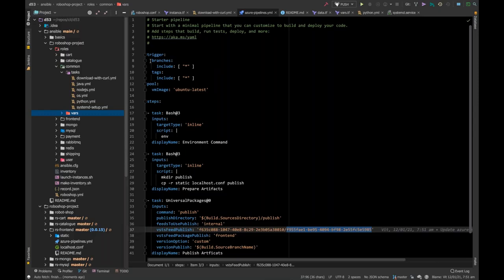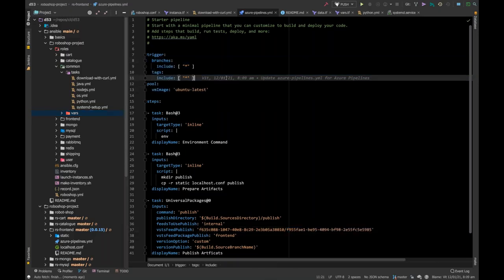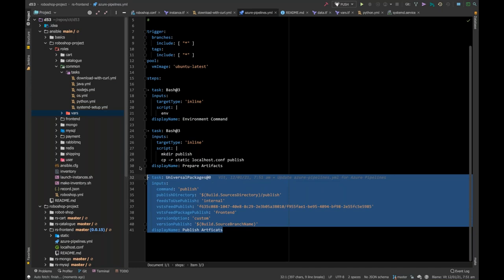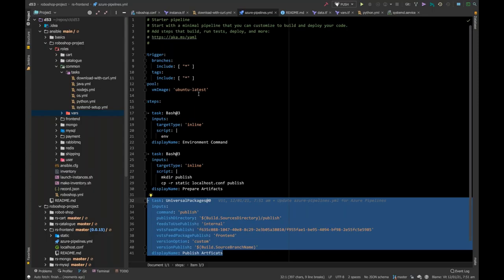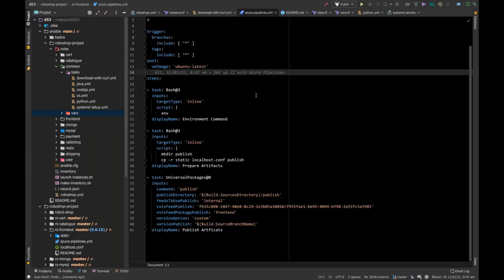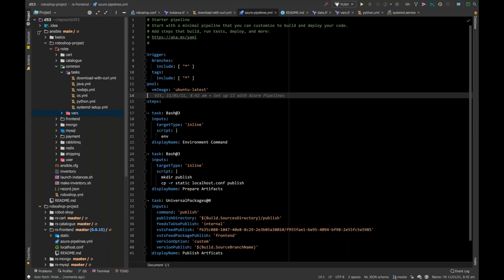So based on the tags, we want to run the artifacts, is something we were discussing, right? I'm just trying to recall where we were.